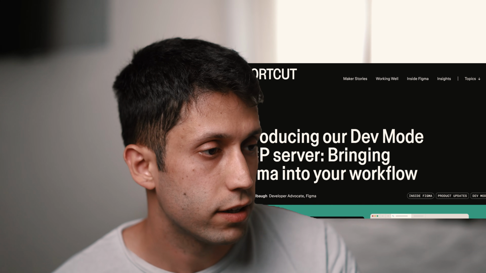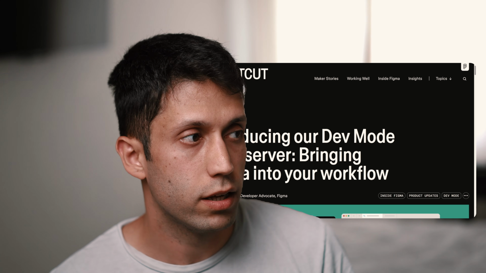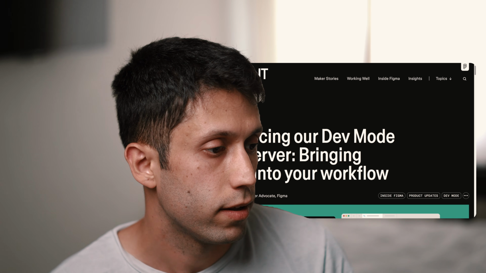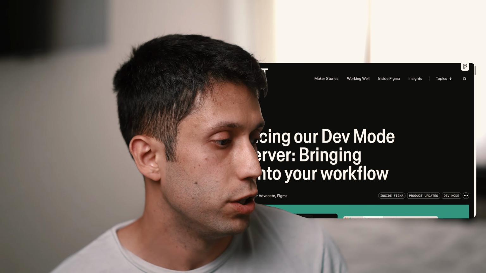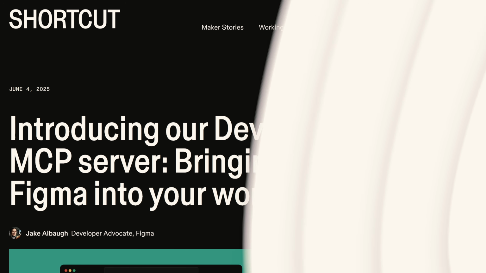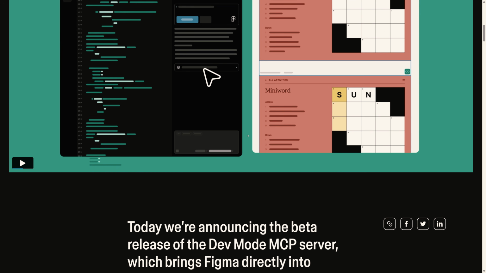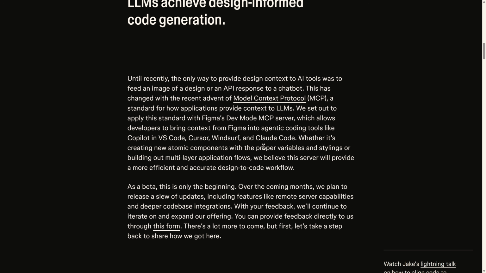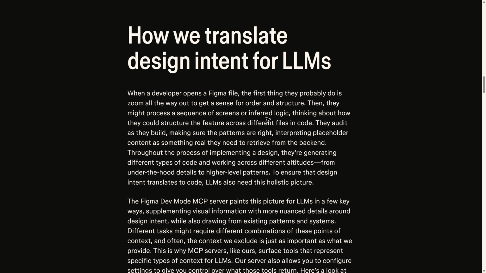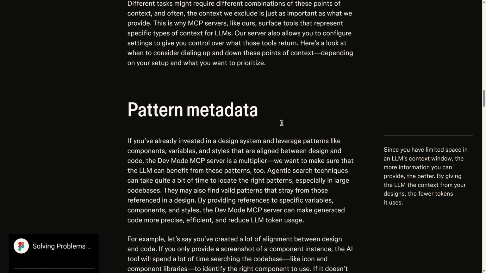to dive deeper into this topic and learn a little bit more. The first link is going to be a link to this web page, where you can find more information about the MCP server that Figma released recently. So you will find more detail about the functionalities and what exactly the MCP server means in this case, what things you can use this MCP server for.